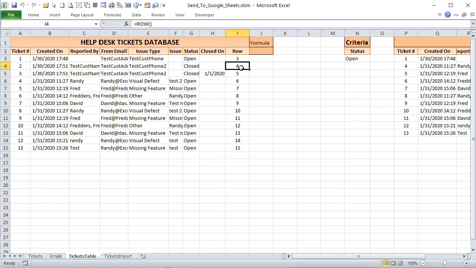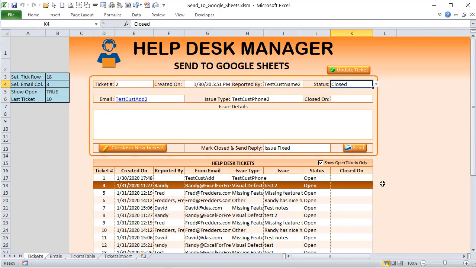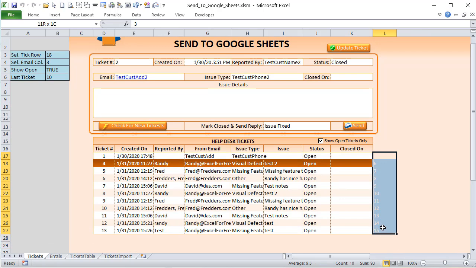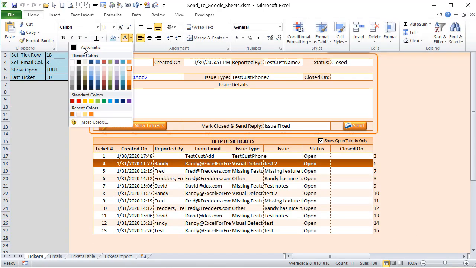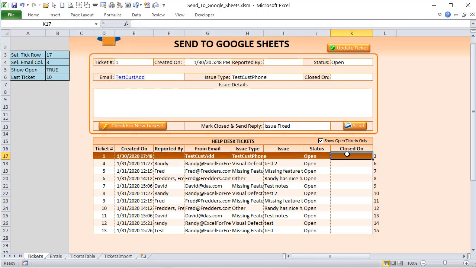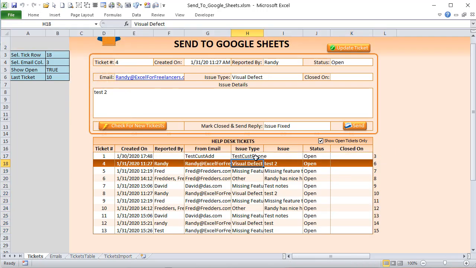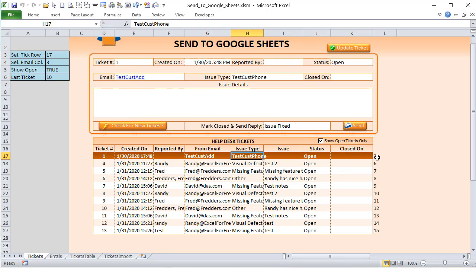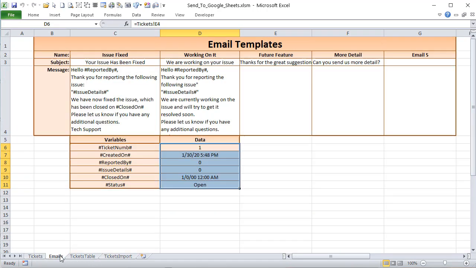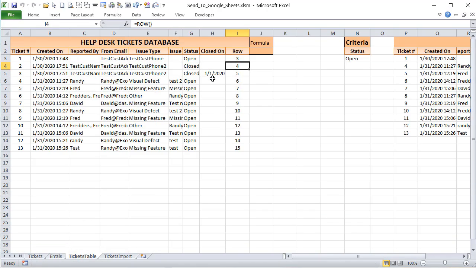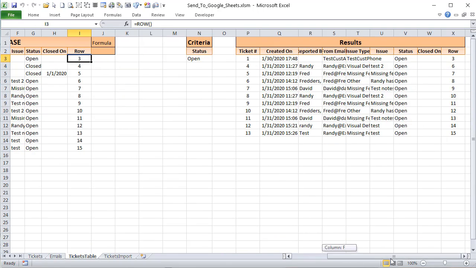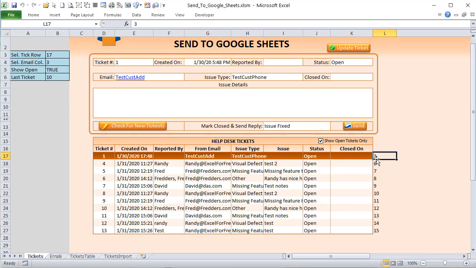So how do I know that it's on row 4? Well, I can do it through a hidden column right here. If you'll see here, if I change the font to black, you'll see that this is row 3. So if I click here, I know that it's row 3 because I've brought the row over. I've brought it from here, then it moved over to here, and then I brought it back in our tickets. So as long as I know the original row, as soon as I change this to closed